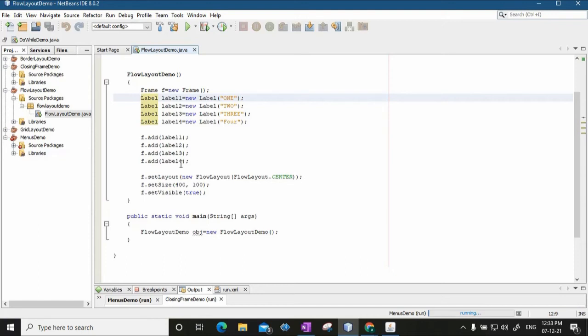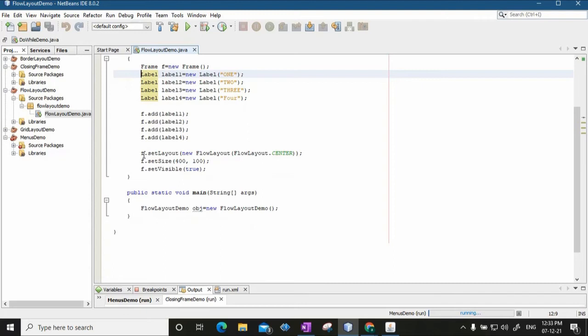Will the labels appear one after the other, one below the other, or on the same line, or to the left hand side of the 0, 0 coordinate of the frame, or to the right hand side, or to the bottom, and so on? So to define that, we have already added the labels onto the frame. Now how should the layout be?